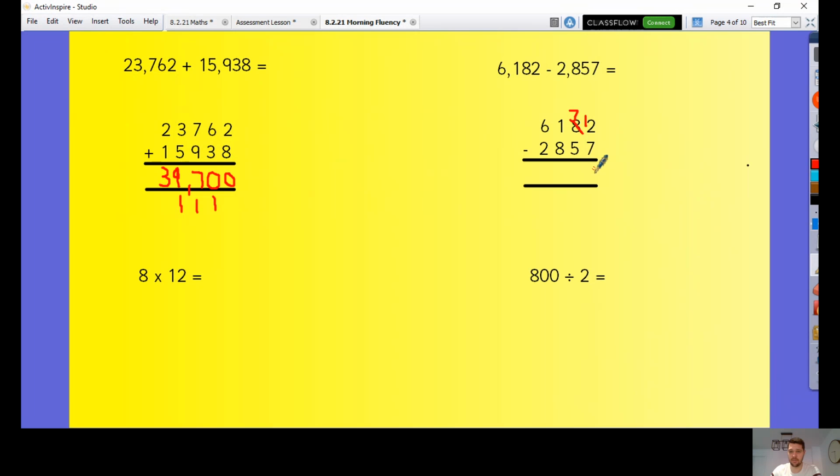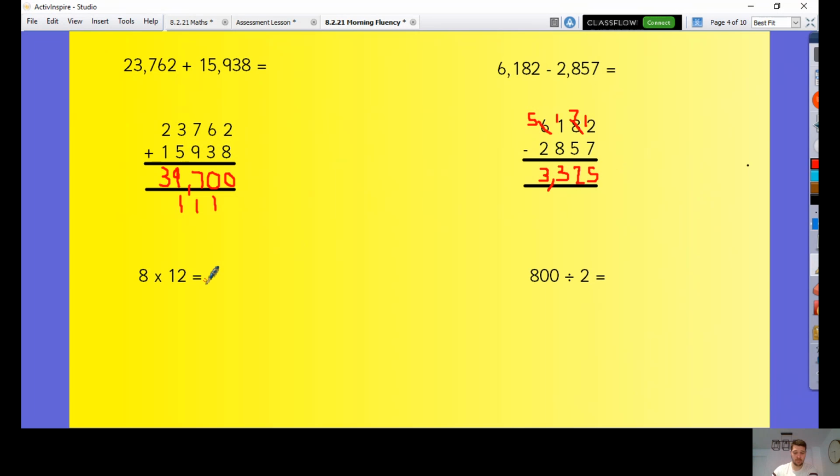So 12 take away 7 is 5. 7 take away 5 is 2. 1 take away 8, I can't do that without going into negative numbers, so let's borrow from here. My 6 becomes a 5, and I can carry over. So I now have 11 take away 8 equals 3. And 5 take away 2 equals 3. So